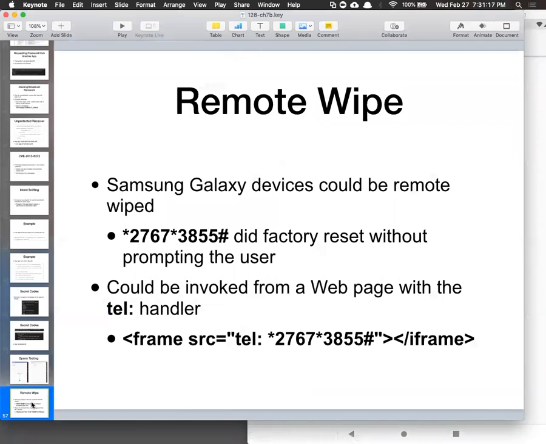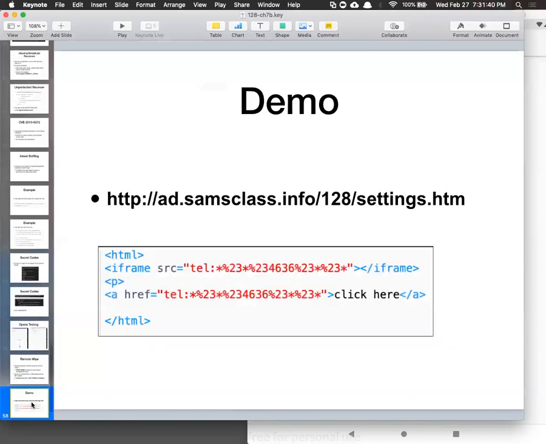You can put it on a web page because you can just put tel:, and the telephone handler will take the URL and put it on the telephone. And you could put it in an a href, click here to do it, but you can also put it in something that runs automatically like JavaScript or an iframe or on body or something. And if you do that, then it'll automatically dial that stuff in the phone, or at least it would in earlier versions of Android. So I made a demo of this where it'll try to do that settings thing,